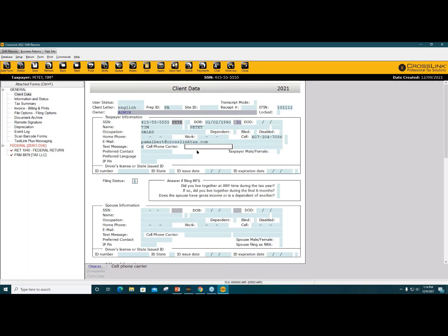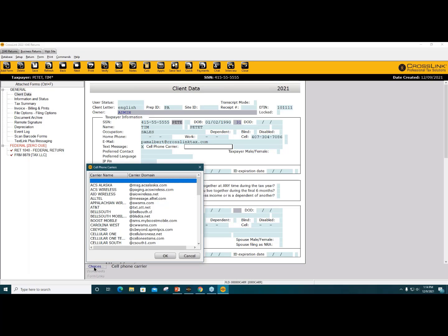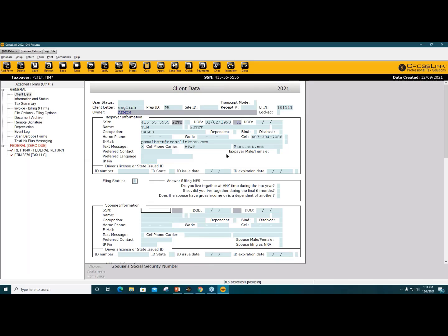And now you want to enter in their carrier. Anytime that you look below and you see this blue button called Choices populate, that means we have a dynamic database behind the scenes, and you can actually choose an item off of that database. So we do populate all the codes for you here. And then we will actually auto-save bank routing numbers for you, EIN numbers, and so on. So this way you can save time in going through the tax return and auto-populate that information. So as I finish up our client data screen here,